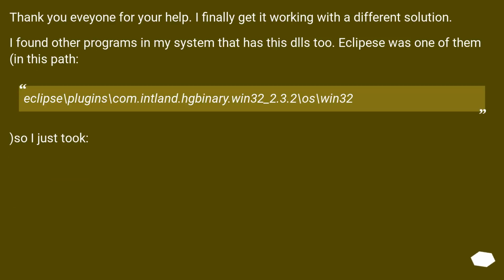Thank you everyone for your help. I finally got it working with a different solution. I found other programs in my system that have these DLLs too. Eclipse was one of them, in this path. Eclipse /plugins/com.itland.binary.132_2.3.2/us/132. So I just took